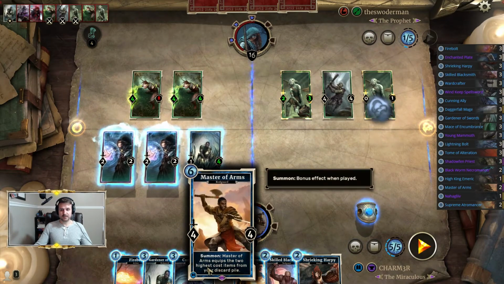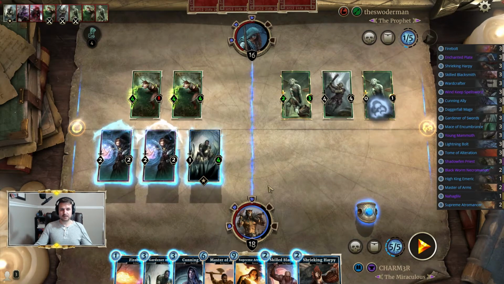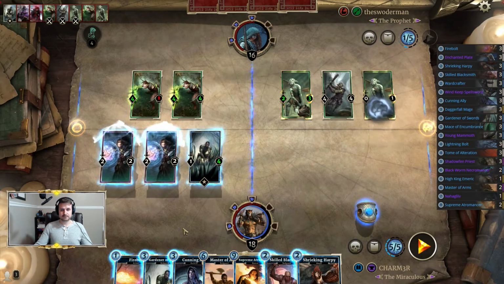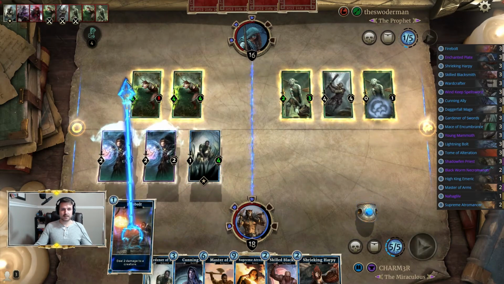As much as I'd like to Master of Arms just to draw more cards, that really doesn't help either. A Mace of Encumbrance would have been fantastic this turn, but alas, we did not have one. Alright, I guess we're going to go with that game plan. Let's go ahead and